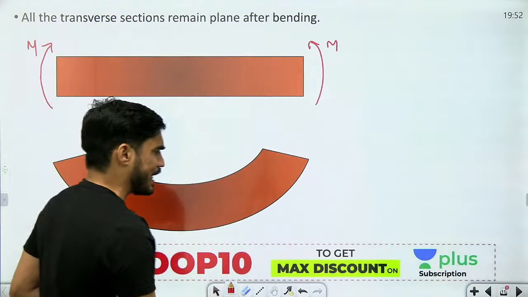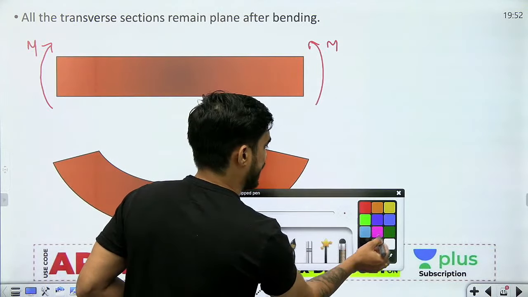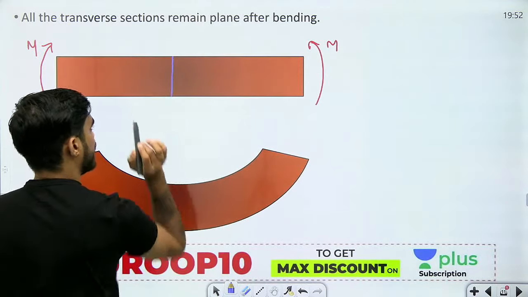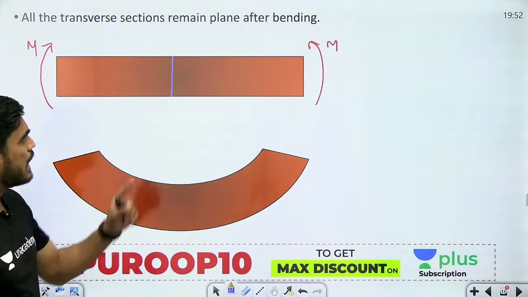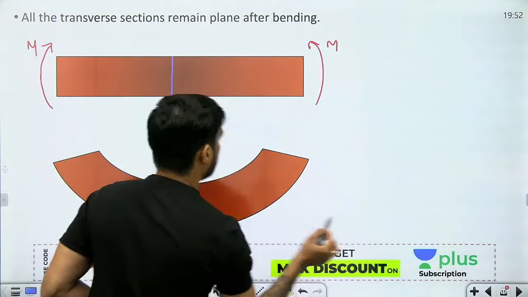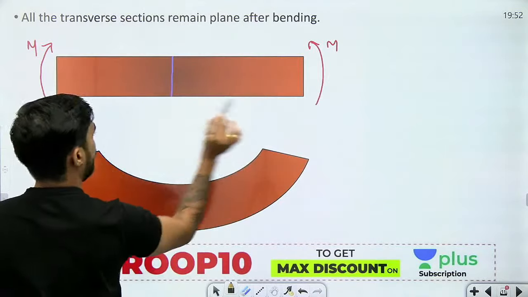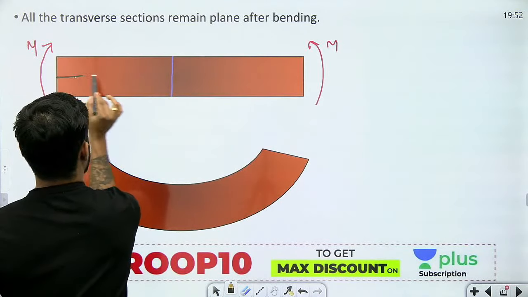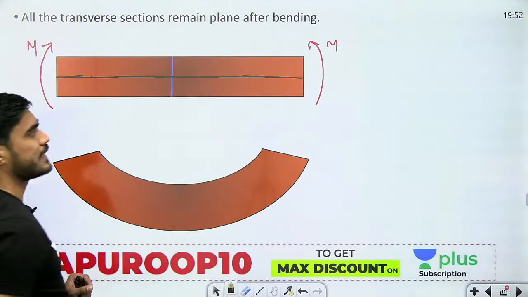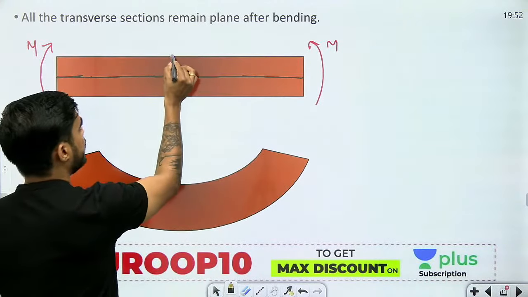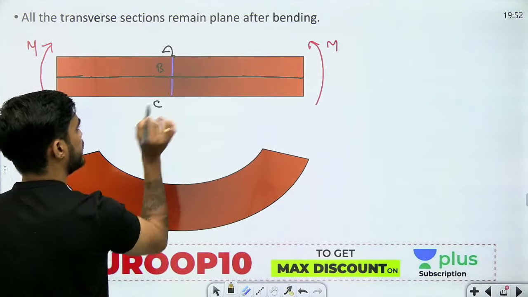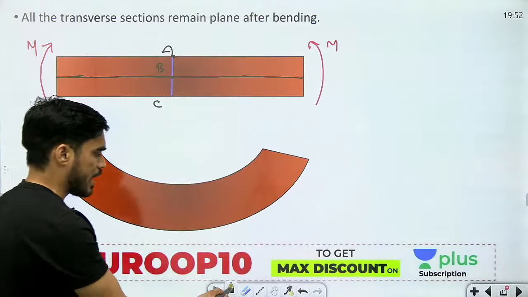Now consider any one section. कोई भी एक section जो है आप assume कर लो. Let's consider this section. Okay. Now beta, let's say this is the top layer, this is the bottom layer, and this is the central layer of the beam. ठीक है, मान लो ये जो है beam की central layer है. I will consider 3 points here, A point, B point and C point. ठीक है.